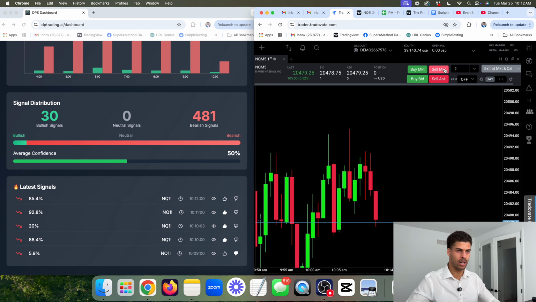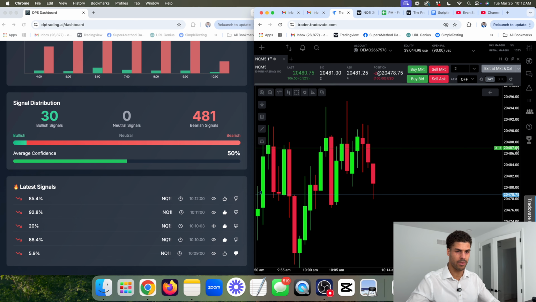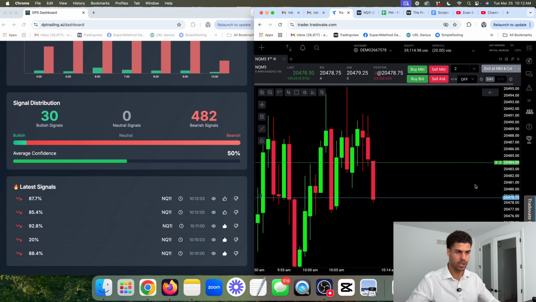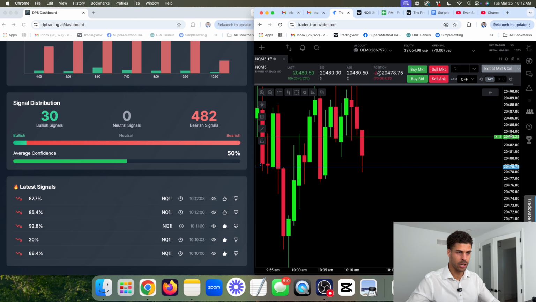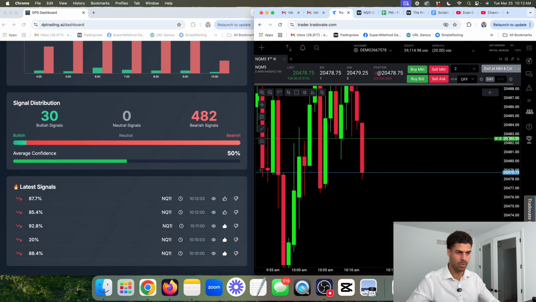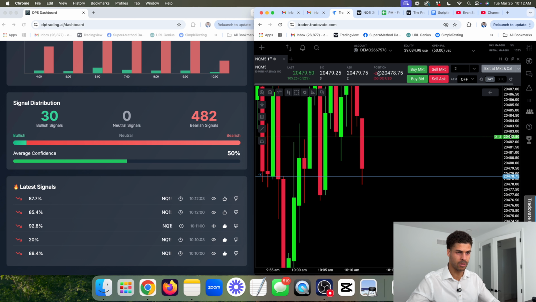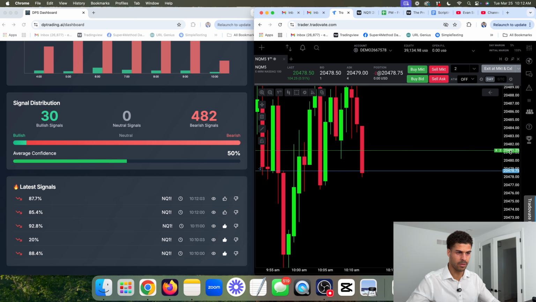I don't know if we're going to be able to catch any profit here. This is the other downside: at times price can move so fast on a new candle open, and you just might not be able to catch the trade. Let's see what we can do here. This is one where we have to move our stop to profit as soon as it gets there, because I don't know how much further it's going to run. It's already run a ton comparative to all the other candles.